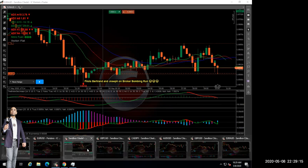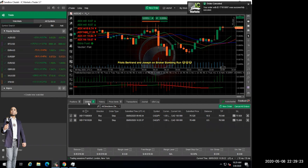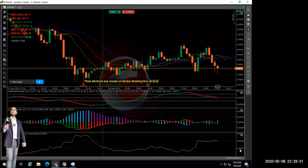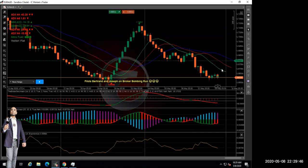Yeah. So for the ranging market, you just buy it? For the ranging market, the ranging market is different. What you're going to do is, if you were to go back to Euro USD, Euro AUD, which looks almost like it were ranging, you would open a hedge, meaning you would open both a buy and a sell at the same time. So let's assume, if the conditions look good, let's say H4, it almost looks like, but it's not touching, but this one is there. And if you really wanted to open a hedge,